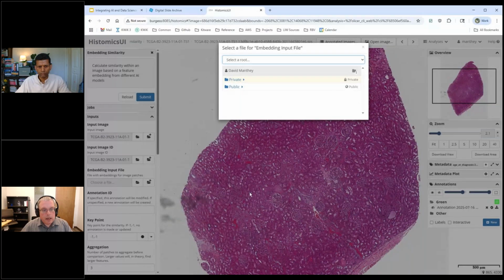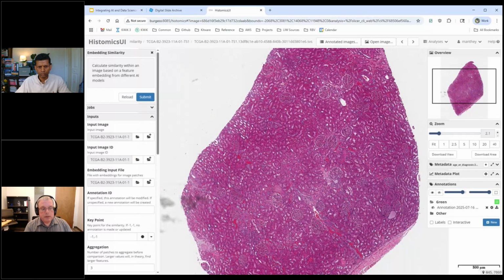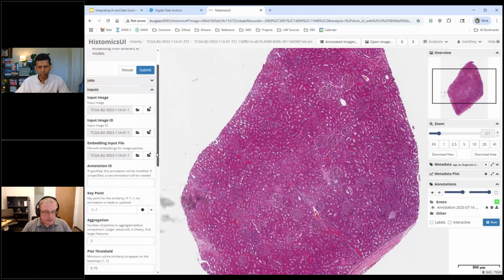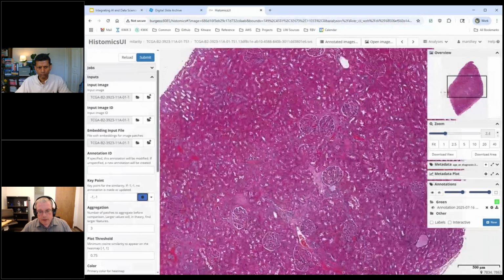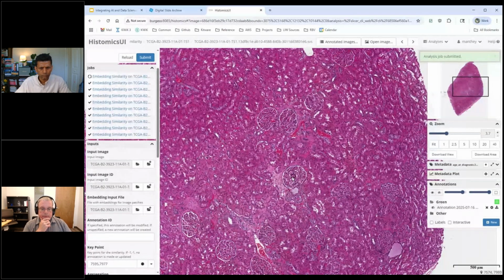And I am just going to choose the one I did for GigaPath. And so what this does is it knows that I have this file. In this case, for those who know the image processing, it's stored as a standard NumPy file of this matrix of data. And I am going to pick a point, and I want to find glomeruli. So I'm just going to pick this glomerulus. I'm just going to click the center. And in a moment,